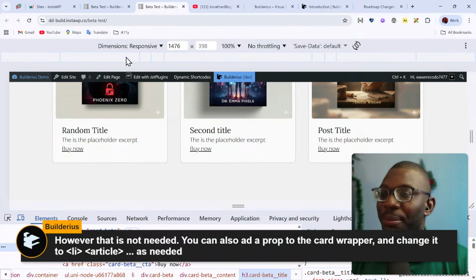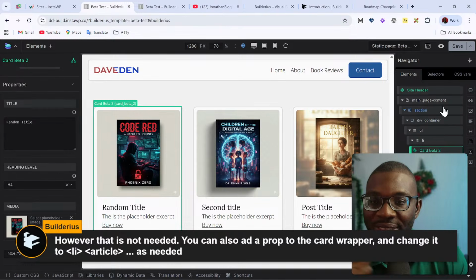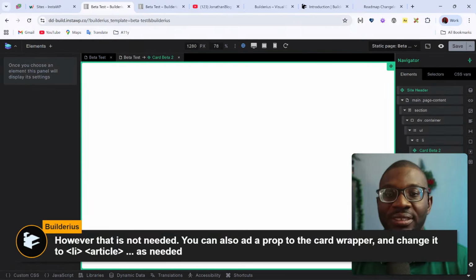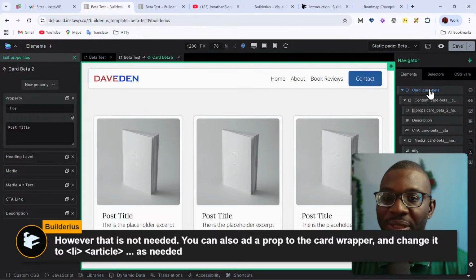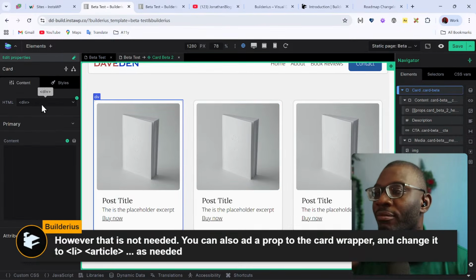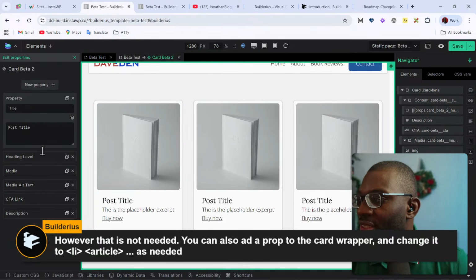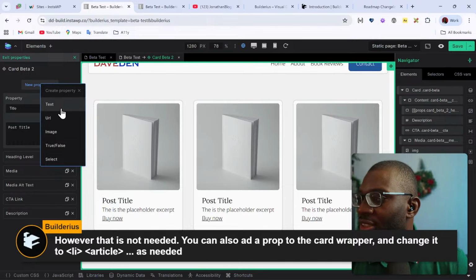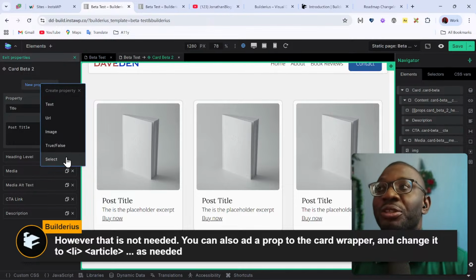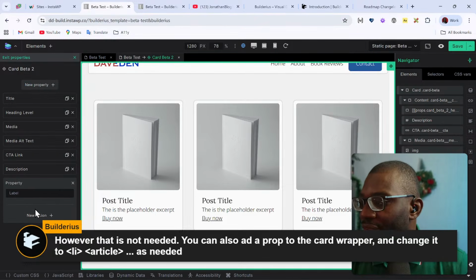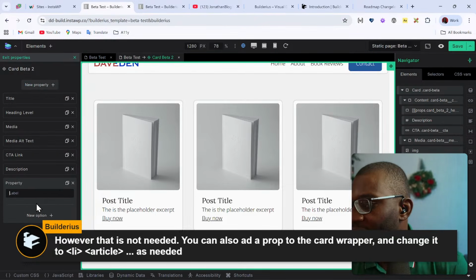So yeah, the same thing with the card. Like it was mentioned with the card itself, right now it's always going to be a div, but I can also add another prop to the card wrapper. Instead of it always being a div, I can add another prop, and it should be a select field, so that you can restrict what can be changed. I'll say this will be the wrapper